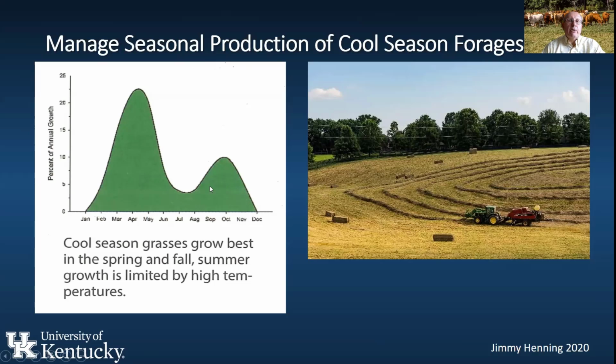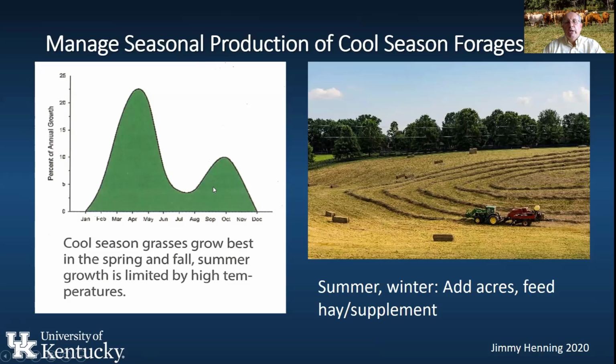And we manage this in a lot of ways, but in the summertime with low pasture productivity, and in the wintertime where we have no productivity, then we need to either add some new acres in the summer so that we're not overgrazing this part of the pasture, or feed hay and supplement. But in general, one of the things that we must do when we use horses on pasture in Kentucky is to have a plan to deal with this seasonality of production that does not match